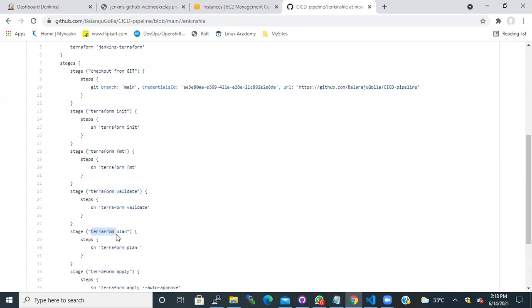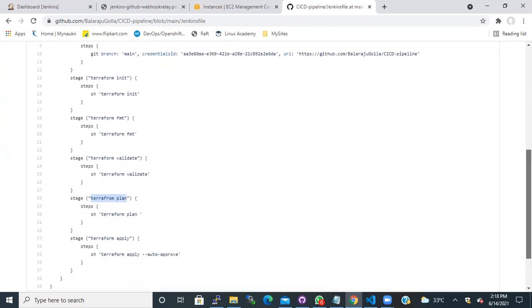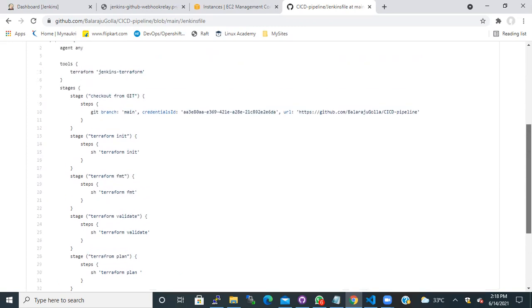And then the next action that we are performing is Terraform plan. The plan will show what exactly the changes are going to happen before the infrastructure spins up. So the plan will tell you how many changes we are trying to make through this code. And then we have a Terraform apply, which means that we are all set to create the infrastructure using this Terraform code. We are just going to start setting up the infrastructure that we have codified here. So this is the file.